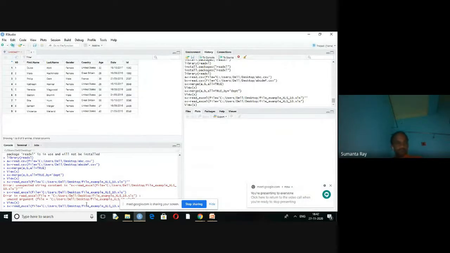Now basically, by using different R commands, we can also apply different classification models. There are so many classification models, different supervised learning methods and unsupervised learning methods. By using different R commands and R programs, we can develop and implement different classification models. That is very easy. Suppose decision tree, k nearest neighbor, and so on.